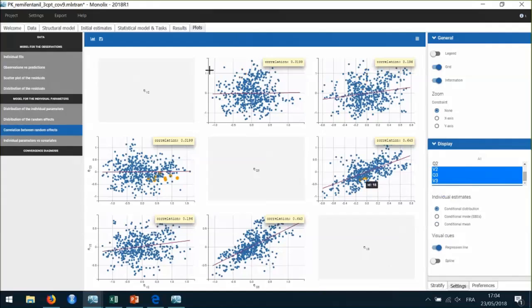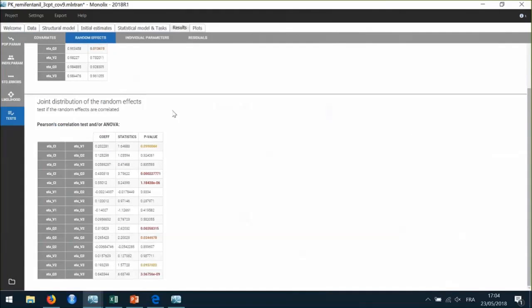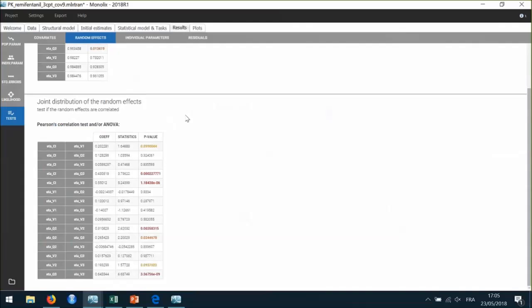Then in the statistical test, in the tab results, I can also find the p-values corresponding to this coefficient by clicking here on random effects. And here I see a table with all the Pearson correlation tests corresponding to this correlation, with the p-values associated with each test.